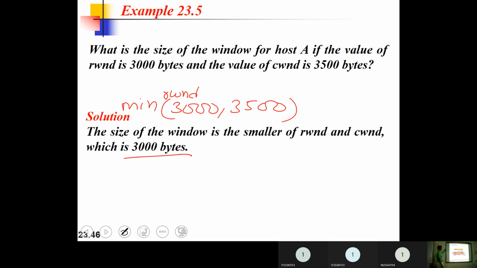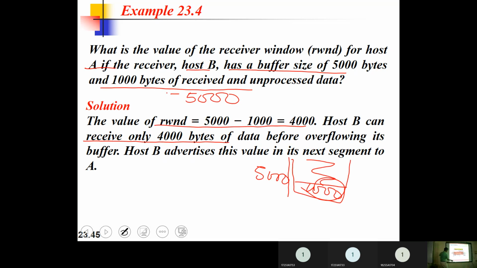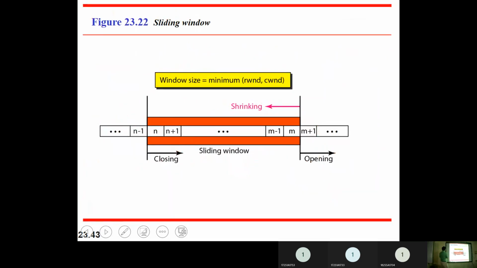Again, let me clear all these things. We are talking about what size we have to consider here. This size depends on the buffer space available at the receiver and the capacity we have with the network.